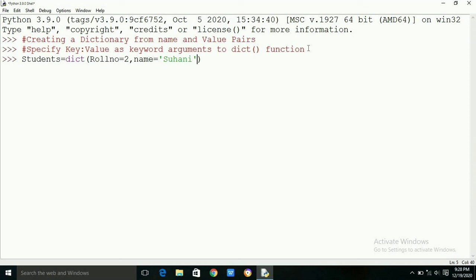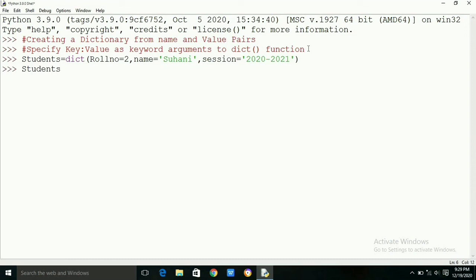Here roll number, name, session are the keys to Suhani 2020 to 2021 are the values of the keys respectively.